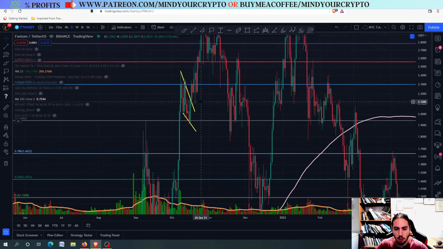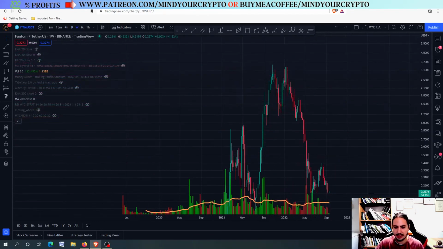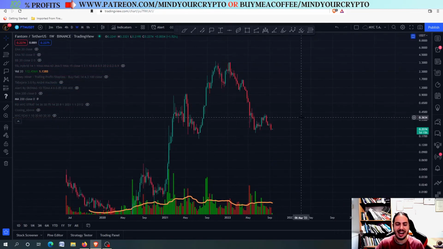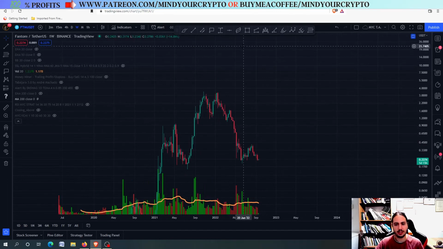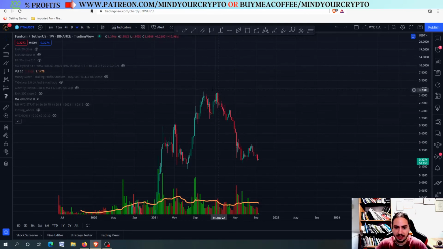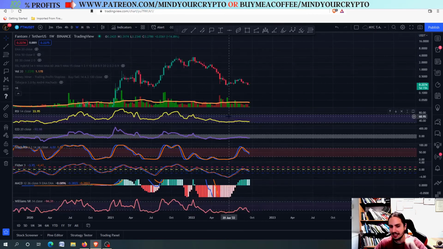Right now, though, we should be looking at the weekly scale as we approach, because many people are trusting other people who tell them FTM would be going to 20 USDT. I remember many people telling that FTM is going to 10, 20, even 100 USDT back when it was here. But for me, as an experienced trader, it isn't a surprise that many people are just saying that for the likes and the clicks. So what I did back then